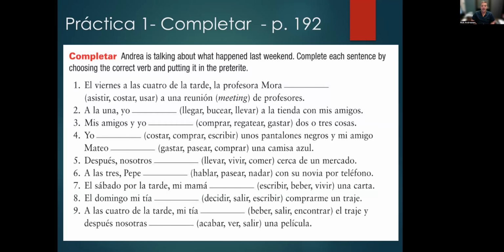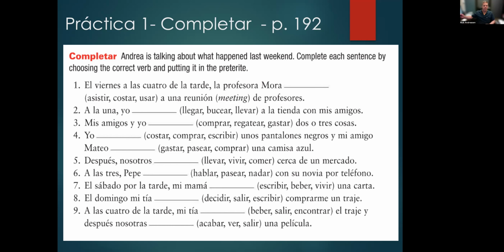Okay, let's look at some exercises. Number your papers from 1 through 9 and complete each sentence. It gives you 3 options. So choose the correct word and then conjugate it in the past. Obviously, at this point, I expect you to go back and refer to your notes. I don't expect you to have memorized the endings yet. So take a couple minutes and figure out which verb, first of all, and then second, look at how to conjugate it in the preterite tense. Okay, and then unpause when you're ready.